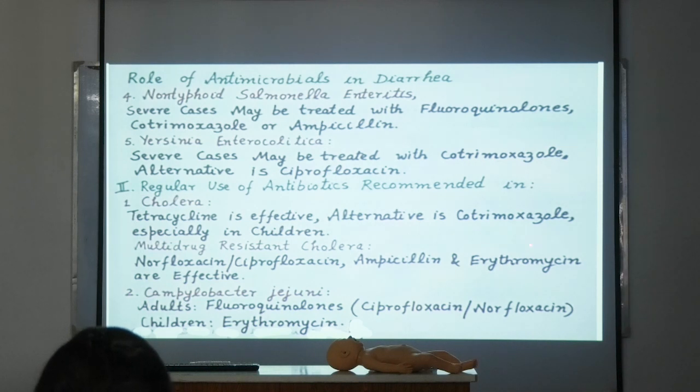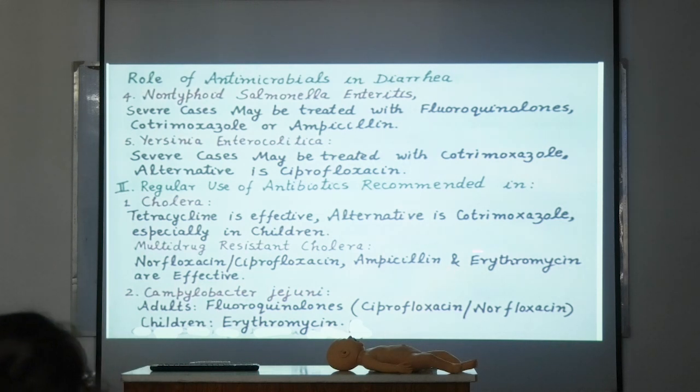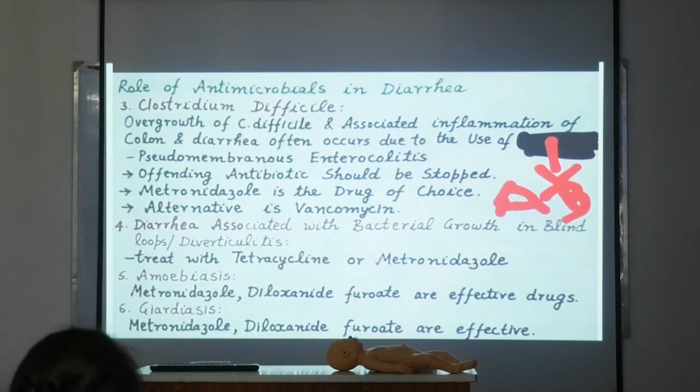অল্টারনেটিভ এখন খুব বেশি টেট্রাসাইক্লিন ইউজ হয় না, কোট্রাইমক্সাজল এটাও খুব বেশি ইউজ হয় না, মেইনলি এখন এগুলো ইউজ হয়। ড্রাগ রেজিস্ট্যান্ট কলেরায় যেগুলো লেখা আছে, নরফ্লক্সাসিন, সিপ্রোফ্লক্সাসিন, অ্যাম্পিসিলিন, এরিথ্রোমাইসিন। বাচ্চাদের ক্ষেত্রে এরিথ্রোমাইসিনটা ইউজ হয়, বাচ্চাদের যেহেতু ফ্লুরোকুইনোলোনস অ্যাভয়েড করা হয়, এরিথ্রোমাইসিন, অ্যাম্পিসিলিন বাচ্চাদের ইউজ করা হয়। ক্যাম্পাইলোব্যাক্টার জেজুনি বলে আরেকটা ব্যাকটেরিয়া আছে, সেটা সিপ্রোফ্লক্সাসিন, নরফ্লক্সাসিন, এরিথ্রোমাইসিন একই অ্যান্টিবায়োটিক ইউজ করা হয়। আচ্ছা, দিস ইজ ভেরি ইম্পর্টেন্ট, ক্লস্ট্রিডিয়াম ডিফিসিল ডায়রিয়া। একটু আগে বলছিলাম অ্যান্টিবায়োটিক অ্যাসোসিয়েটেড ডায়রিয়া, there are some